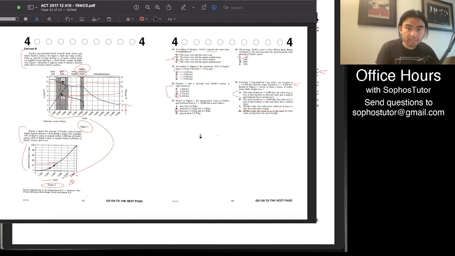Weight is equal to mass times gravity. Okay, so if we understand that principle, mass times gravity,